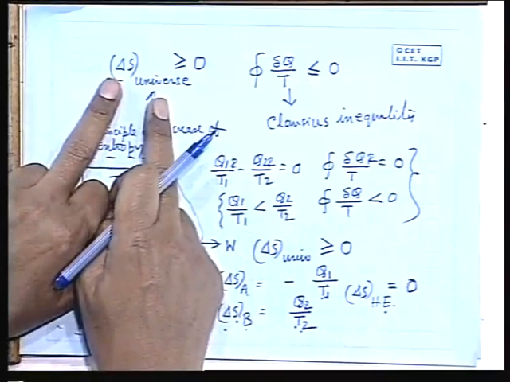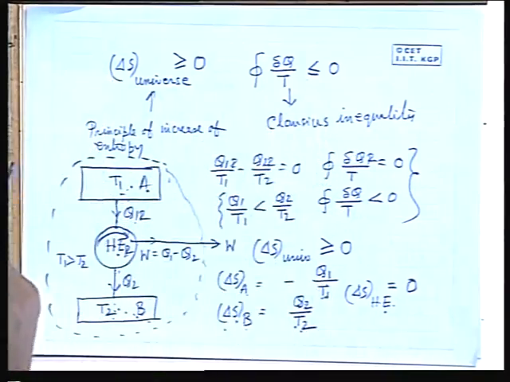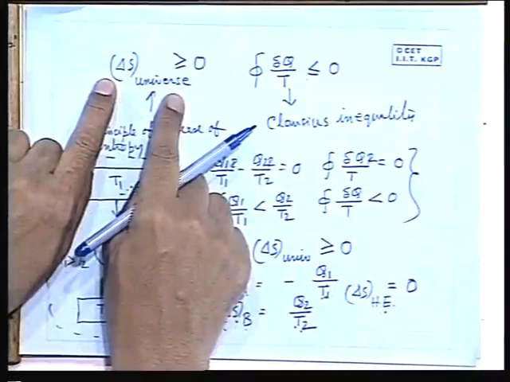Then Clausius inequality comes: the cyclic integral of del Q by T for an irreversible cycle is less than 0. The principle of increase of entropy also comes in the same way, because the birth of entropy takes place through this origin: the cyclic integral of del Q by T for a reversible cycle is 0, for which the integral of del Q by T for a reversible process is a point function, and that becomes equal to the change in the property entropy. So therefore, delta S universe, which we have proved